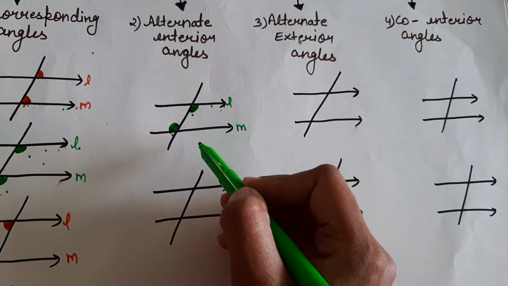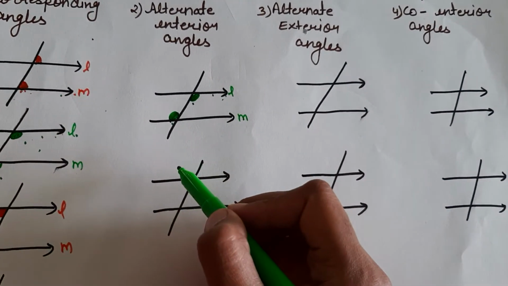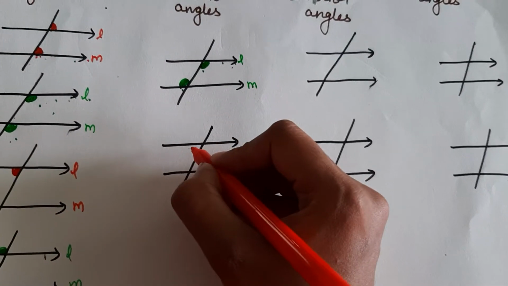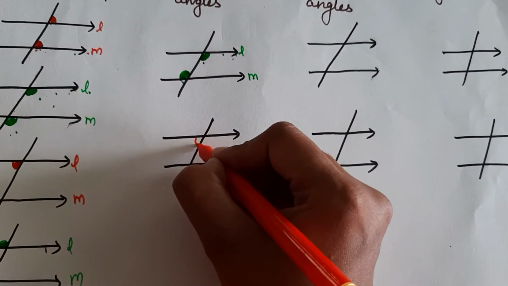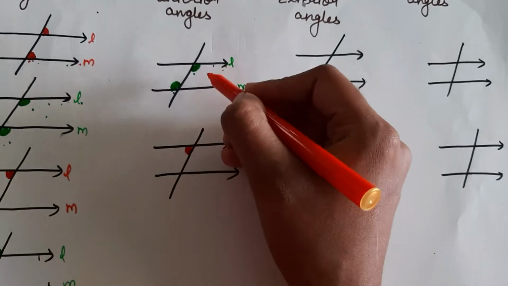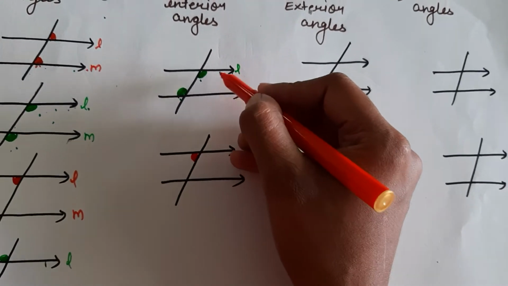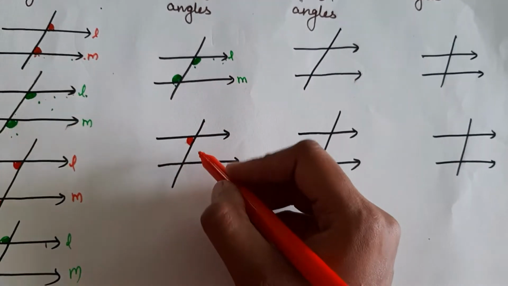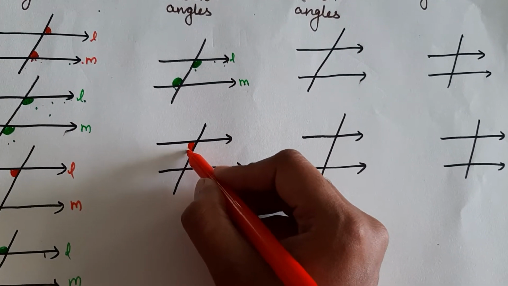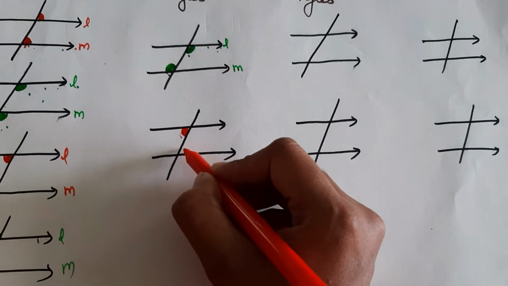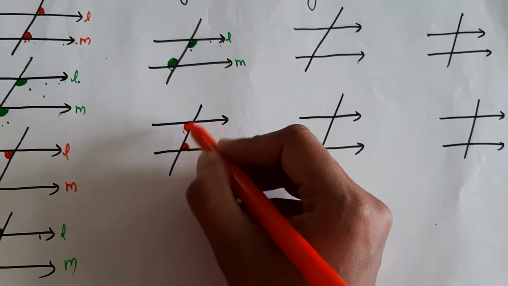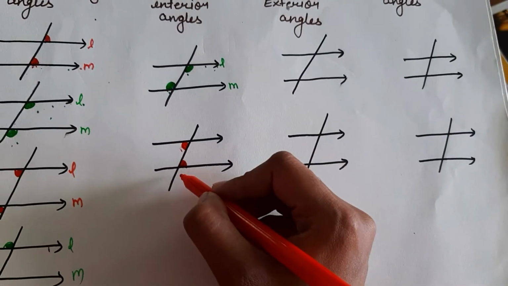Understood now? Now second, exterior angle. What is this exterior angle? Now I am taking here, because I already told you interior means we are talking about inside of these two lines. Inside of these two lines we are taking interior angles. Now I am taking it on this one side, then opposite of this transversal here. So these are the alternate interior angles.